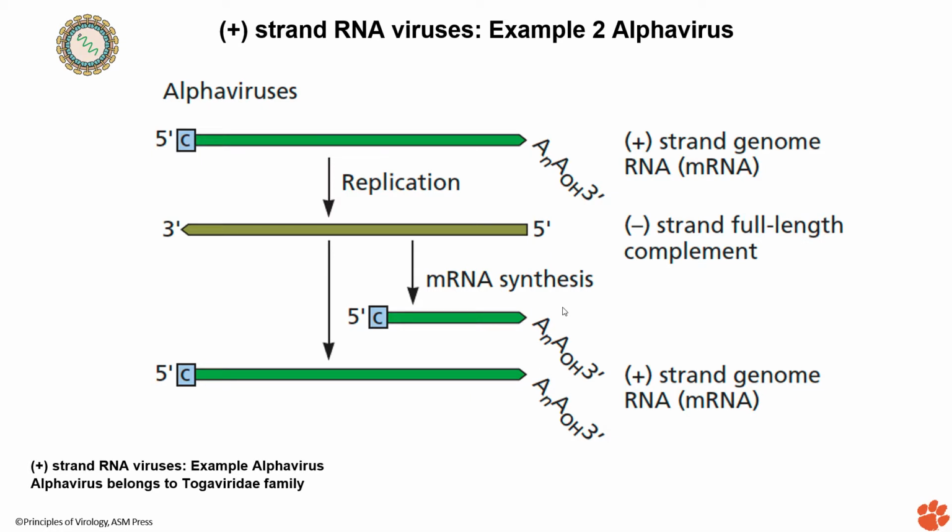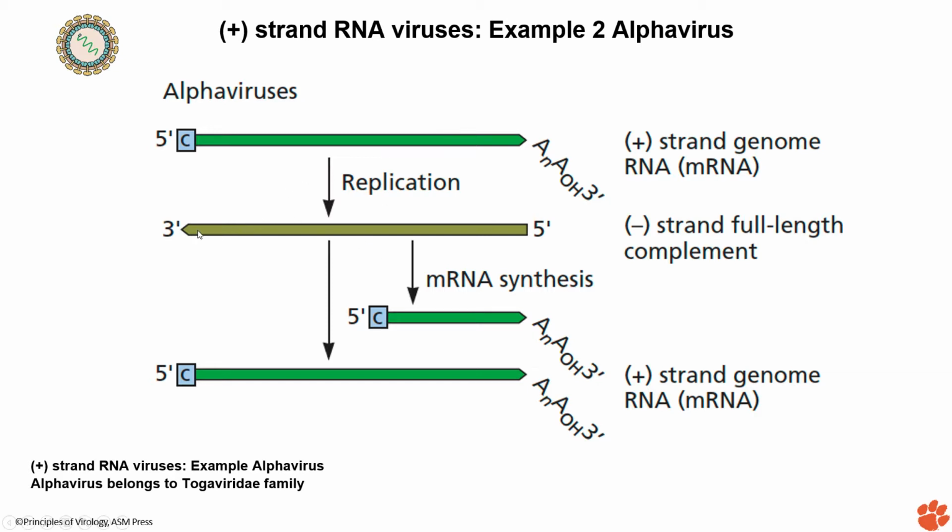Okay, all right. So next we are going to go into another example of plus-strand RNA viruses, which is an alphavirus, in the Togaviridae family. Here you are seeing something a little bit different. You have the RNA, which is the genome, and the difference is that not the full length of the RNA is copied. You have seen that in the coronavirus that we just talked about in the first module.